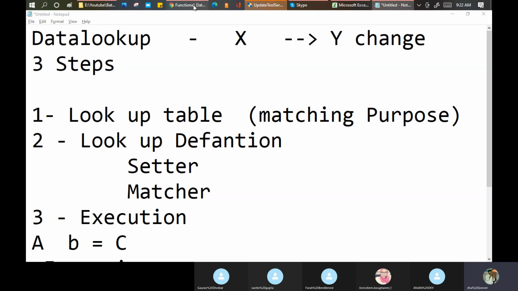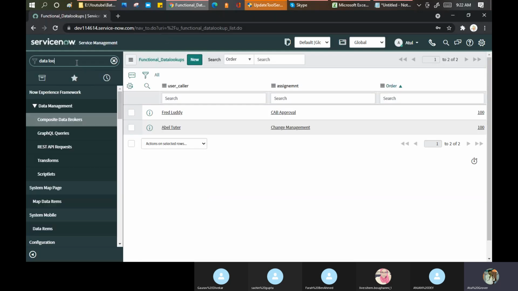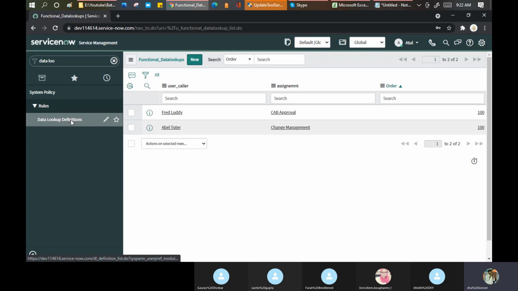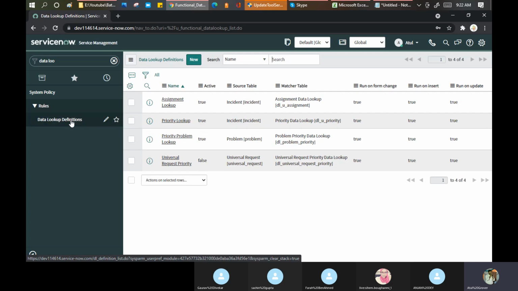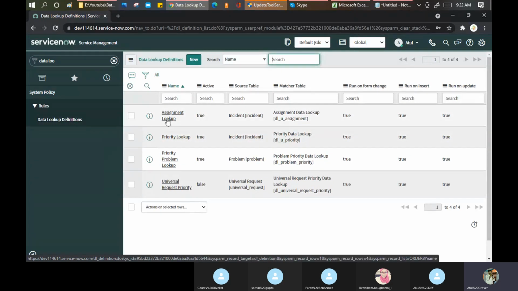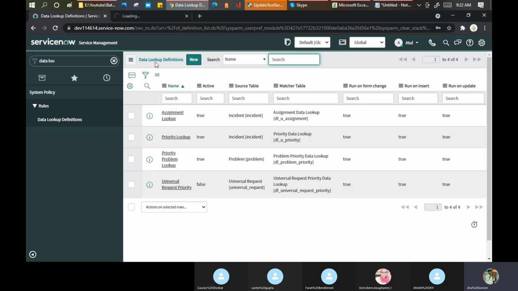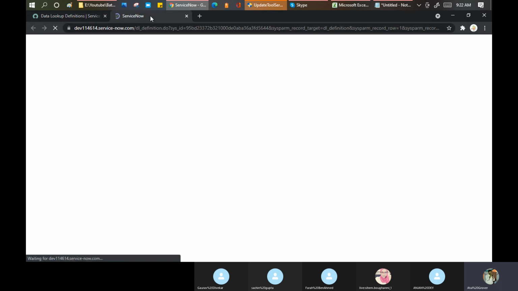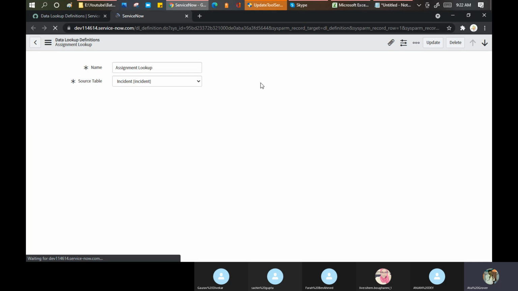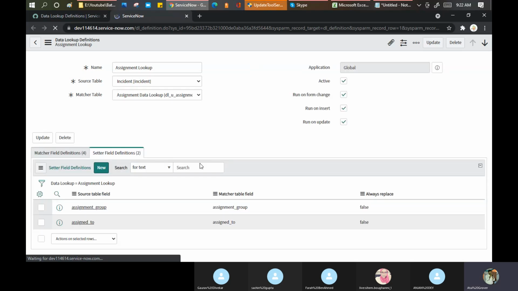So now I will create my data lookup definition. Click here. Let me see what they mentioned in the assignment group, because this is one of the out-of-the-box rules given by ServiceNow. So it should not impact my data. Okay, assignment group assigned.